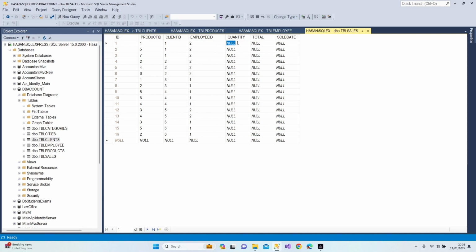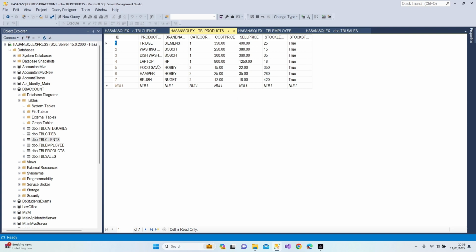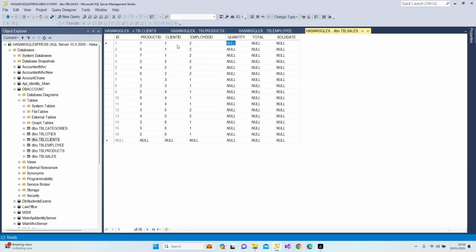Let's assign the quantities. Let me have a look at which one is expensive and which one is cheap. 1 to 4 are expensive, 5 to 7 are cheaper items. Okay, let's say 1 quantity 2, 5 quantity 25, 7 quantity 15, let's say 3, let's say 2, 35 for 6,